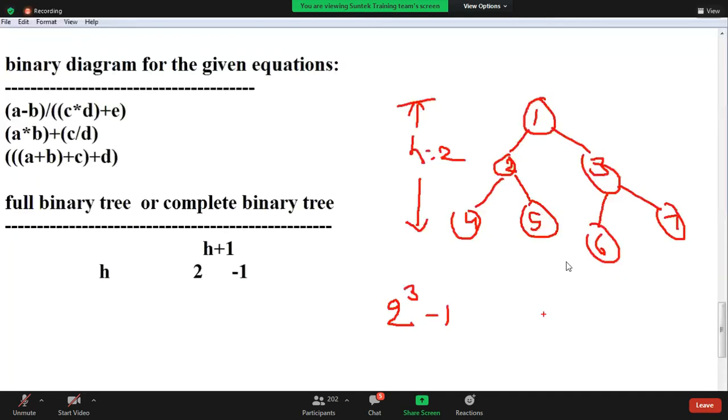What about 2 power 3? 8 minus 1, 7 elements. If 7 elements it contains, then you can say it's a full binary tree. If all levels are completed also, then you can say full binary tree, guys. A tree of height h may contain 2 power h plus 1 minus 1 elements. Then you can say full binary tree.